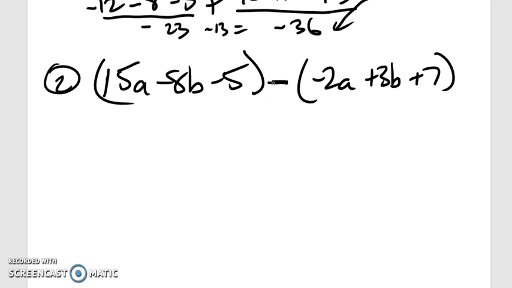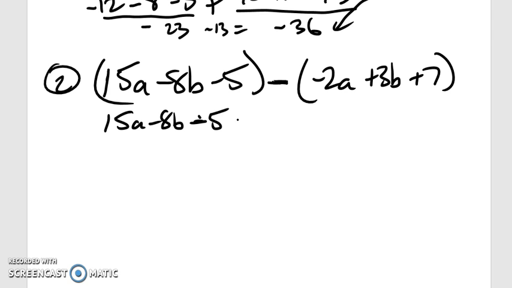The subtraction means signs take the opposite. So you need to take the opposite of everyone that's inside the parentheses. So we do want to rewrite it there. So the beginning part, 15a minus 8b minus 5, which means then if you take the opposite of